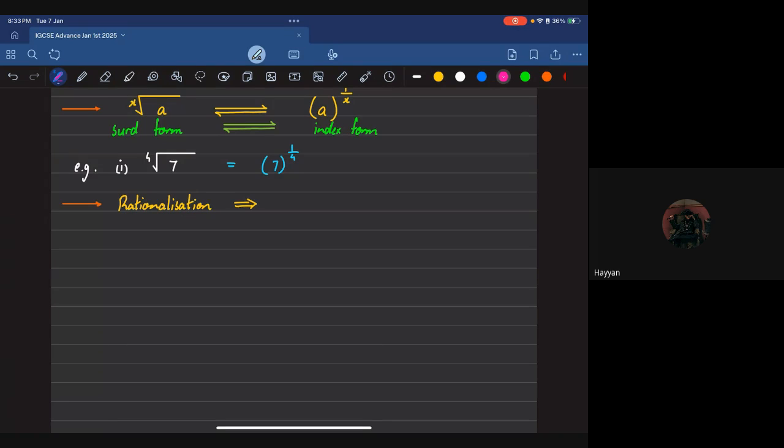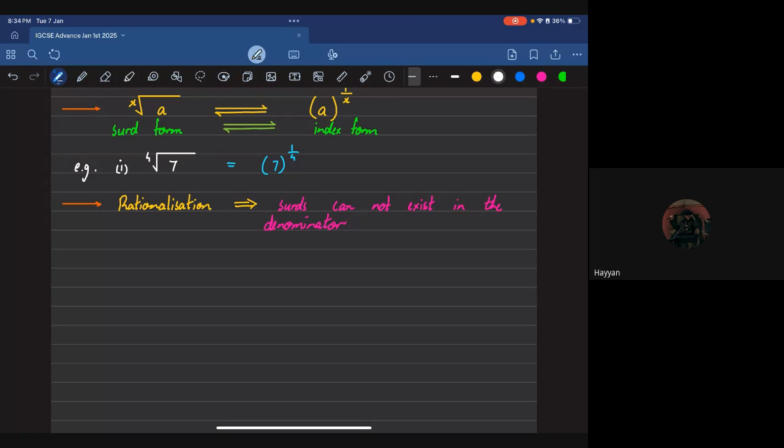We're only concerned with the fact that surds cannot exist in the denominator. Now, for example, they can exist in the denominator. We just don't want them to. That's the idea behind it. So, for example,